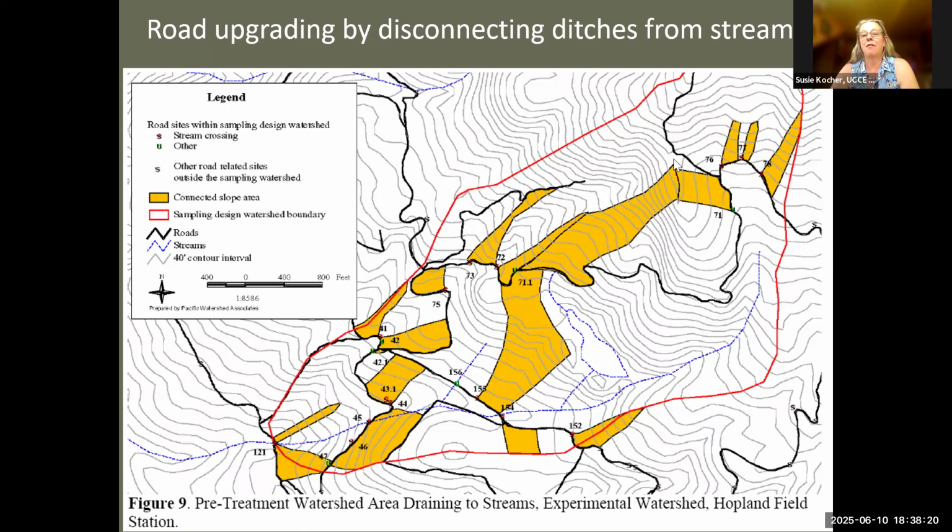So you could map out that area and look at the inboard ditches and figure out how much of those areas went right into streams. So one of the strategies is to disconnect these watershed areas from streams through outsloping or those cross drains or however you're doing it. And so you would map it beforehand, and then